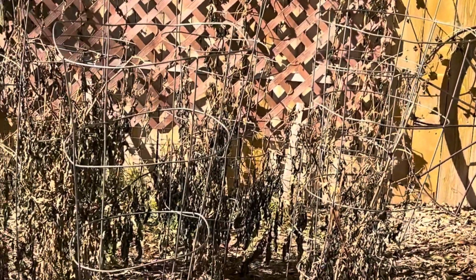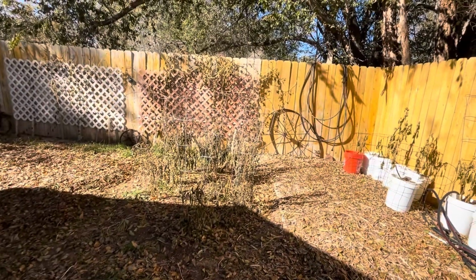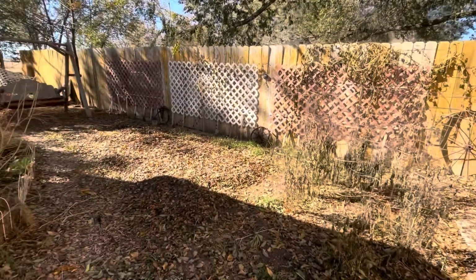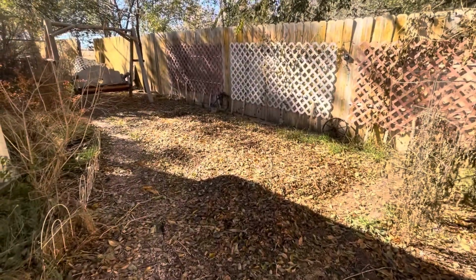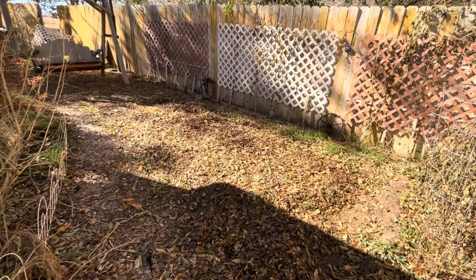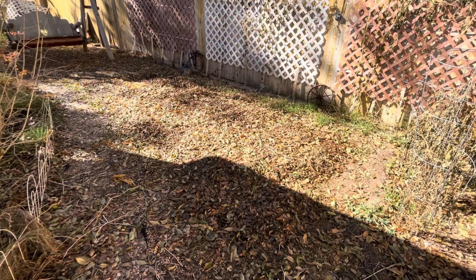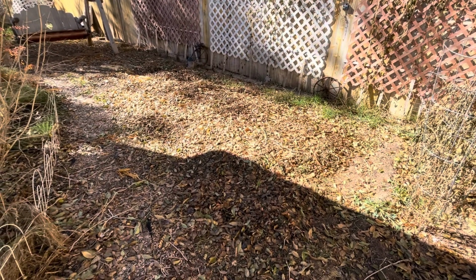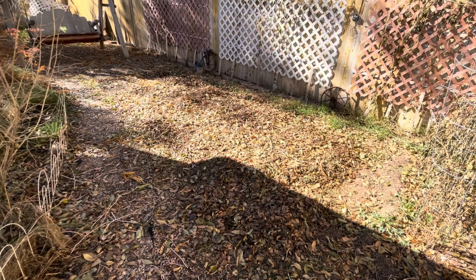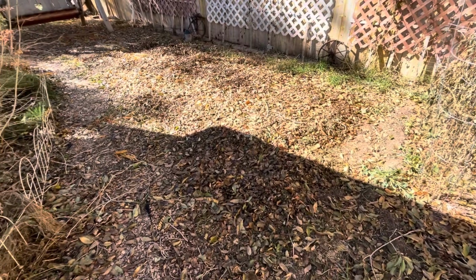And then I had tomatoes right here in this little patch. I got a few. I made a video about it, about the miracles I got. And then right here I've been doing a, what would you call it? A flat compost pile. I've just been spreading out my chicken manure, grass clippings on top of that, leaves on top of that, manure again on top of that, and spreading it all around from this point right here